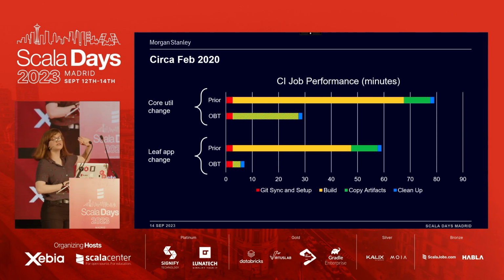So this was OBT version 1. It's been 3 years, so it's a little better now. But what we have here, this is on CI, and in each case, we're going to need to do the same steps. So we're always going to check out the code, we're going to build it, we're going to copy our artifacts to somewhere more stable, and then we're going to clean up. And in this first case, you can see we shortened our build time by more than half. We've also mixed in the copy artifacts with the build step because it turns out you can do that in parallel as soon as the scope is done.